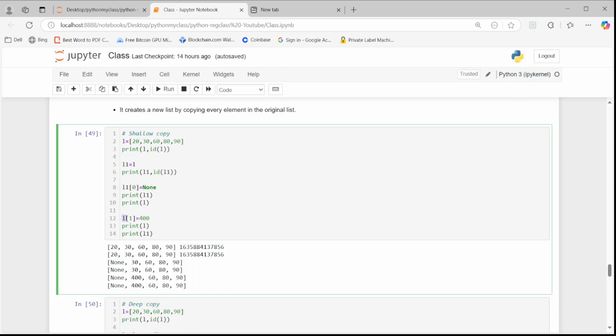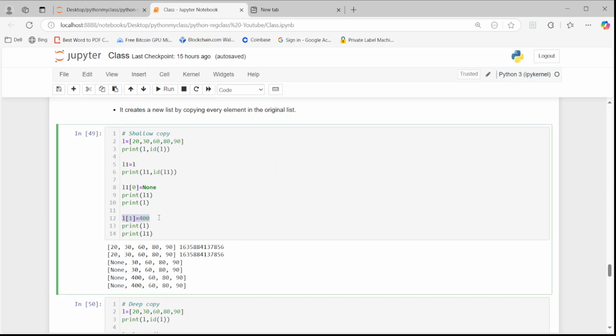But unfortunately, since L and L1 both of them are pointing to the same memory address, you have that same list which will be printed again and again, where we will have this continuous updation, whether with respect to L1 or L. So in spite of not wanting it, whatever was the value of the list printed by L, that same value you will get when you print L1, because L1 is also pointing to the same memory address,